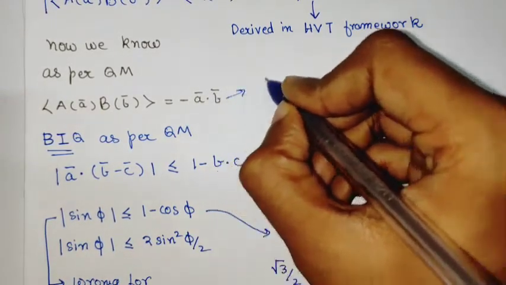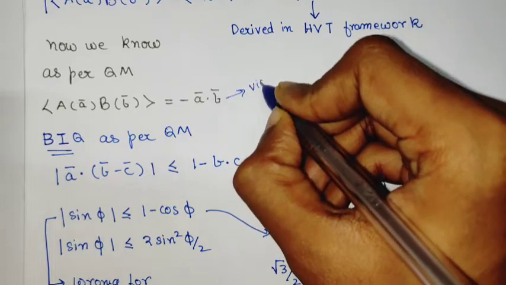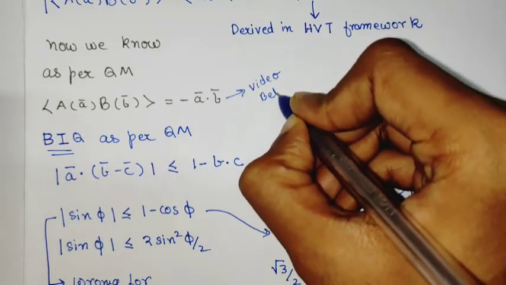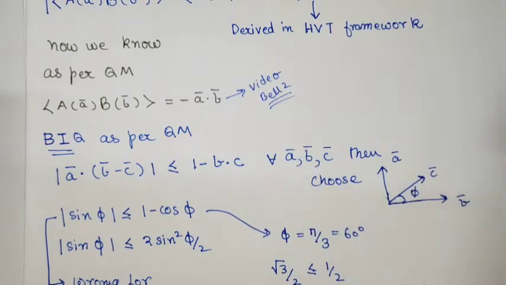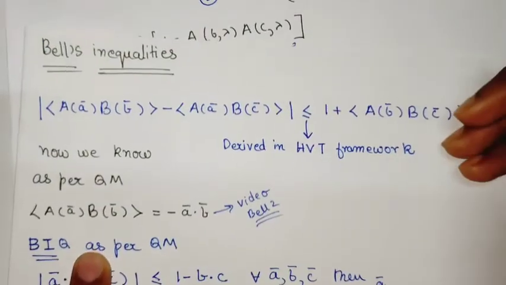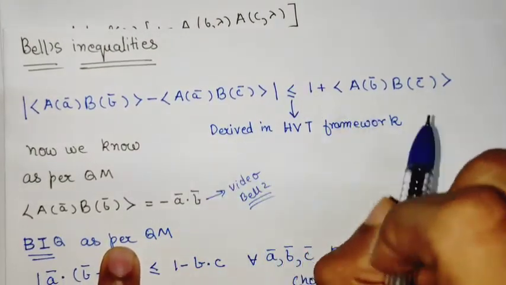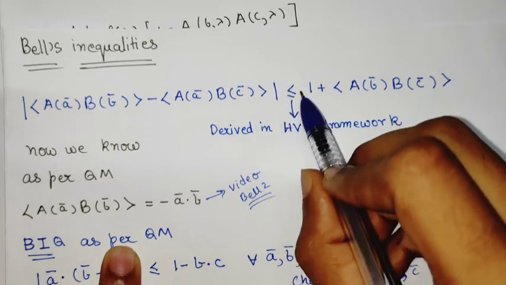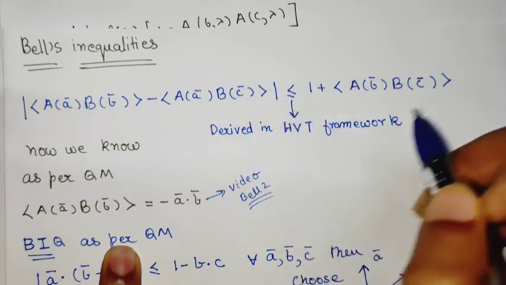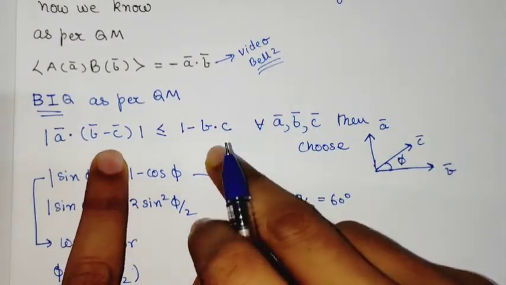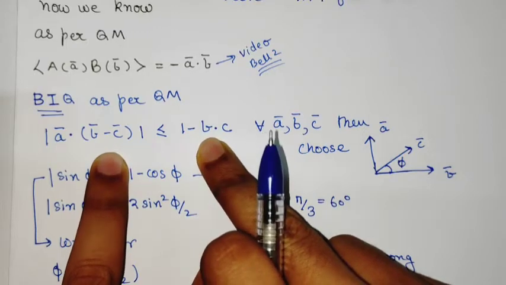This was derived in the video on Bell 2. So we can simply use this in this particular inequality and see if the inequality remains true or not. So just plug in the value, we get a new form of inequality,